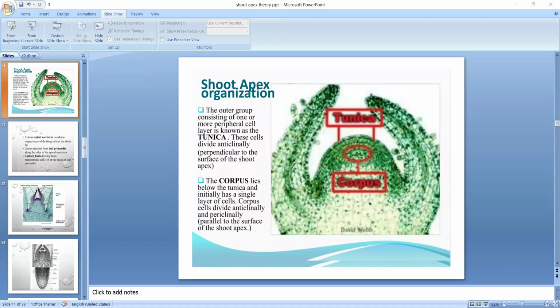Okay. So in the shoot apex of pteridophytes, we observed that growth at the apex proceeds either from one or a few initial cells. These initial cells give rise to all the cells of the apex. If only one initial is present, that is termed the apical cell. And if more than one cell is present, they are termed apical initials. So those apical initials we observe in the pteridophyte members.